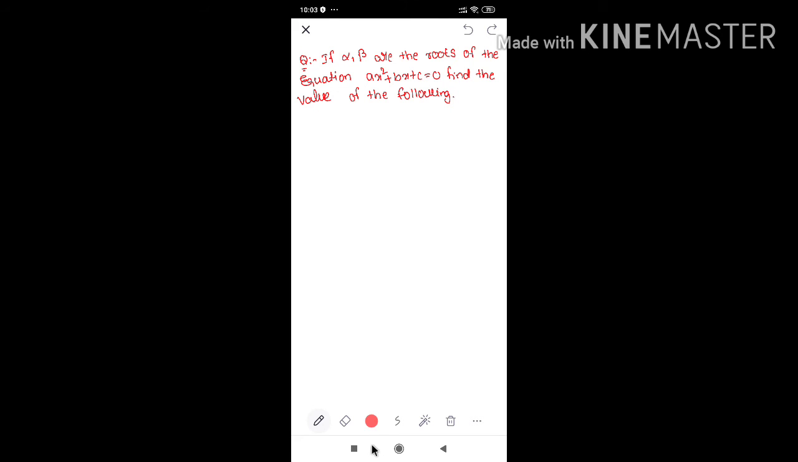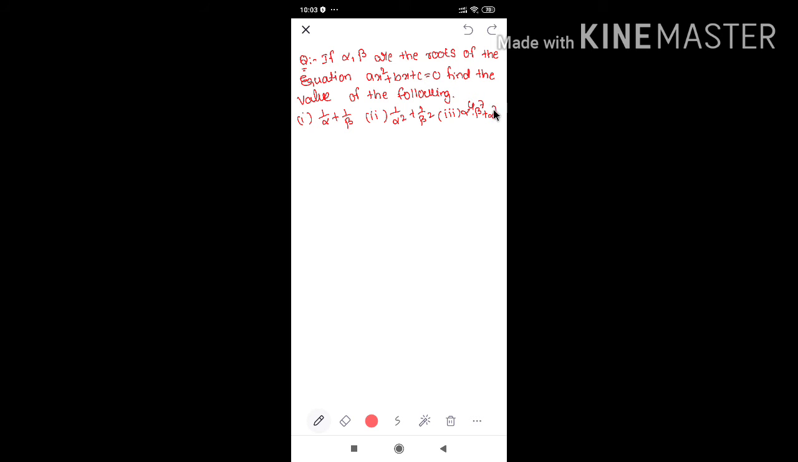Find the value of the following. So in this one, first bit: 1 by alpha plus 1 by beta. Second bit: 1 by alpha square plus 1 by beta square. Third bit: alpha power 4 beta power 7